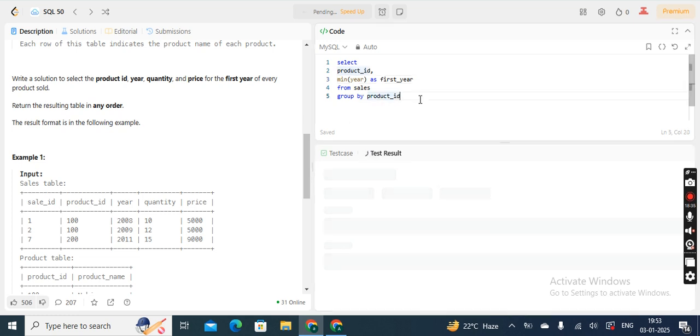Why it's taking time. No problem. So this is how you get this thing, the final first year. Now what I will do is give it as a subquery. So from, right, from,